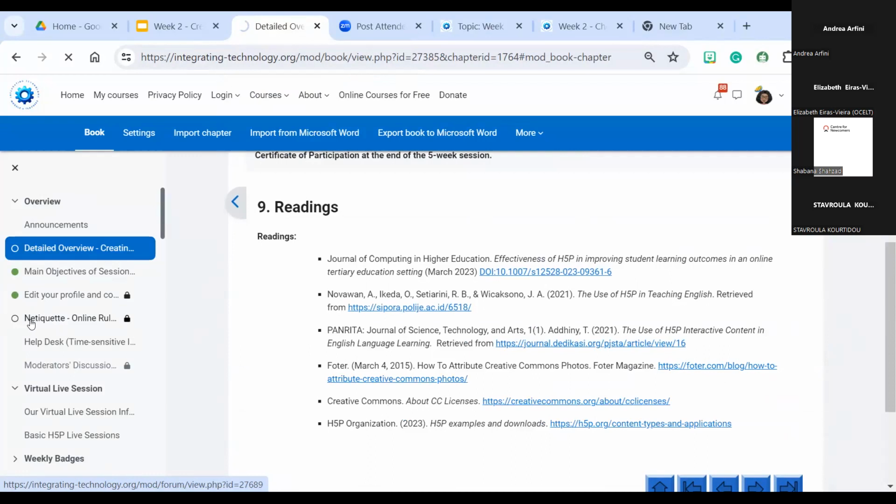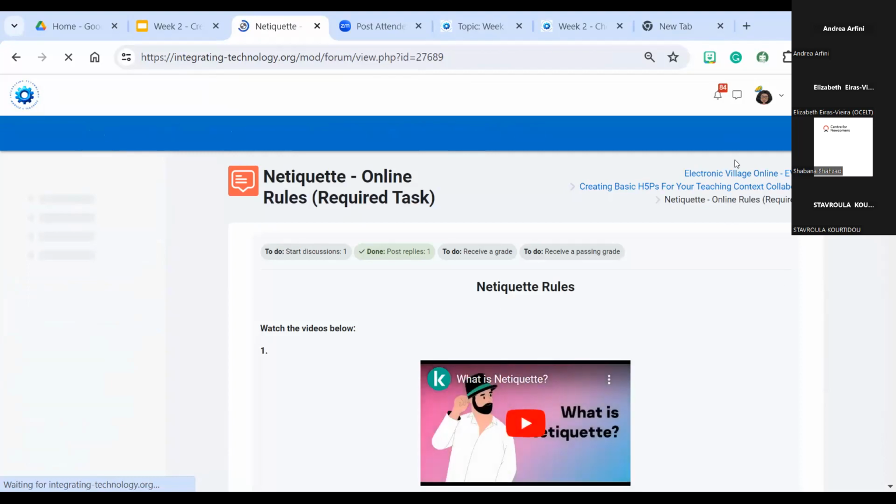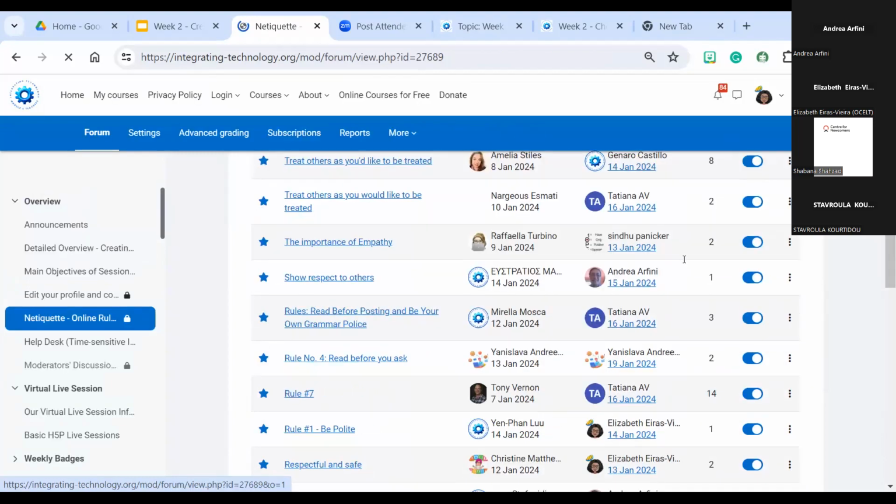Also the netiquette, it was a forum, right? Let me go into that and answer a few questions because I saw some questions. People were asking, how do you get your points? Well, we use ratings and everybody gets 100 as long as they do something. We have to go in, not to correct, but just read. We like to read what everybody's posted, so we can also get ideas. And when we read it, we just give you 100. So basically when you post something, you automatically get 100.